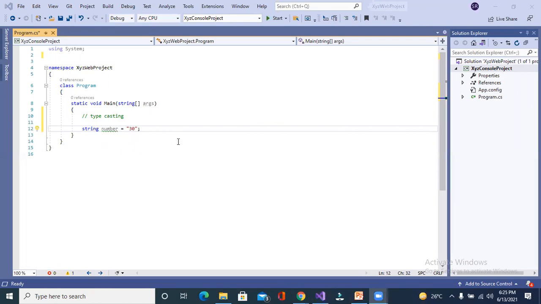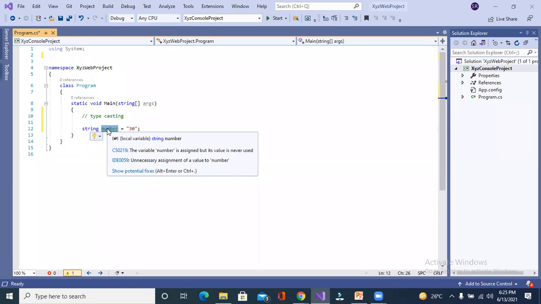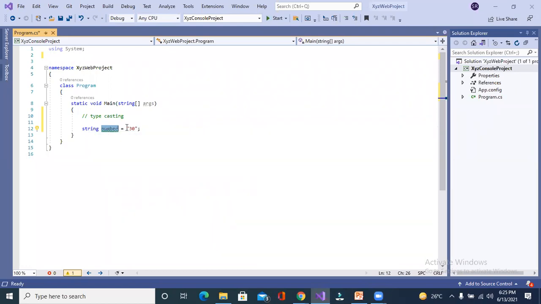Shilpa, are you there? Yes, sir. What I did, I created number as a variable. Which type of variable? It's a string. What I did, I assigned a string or integer. We have assigned a string, sir. 30. String, right?